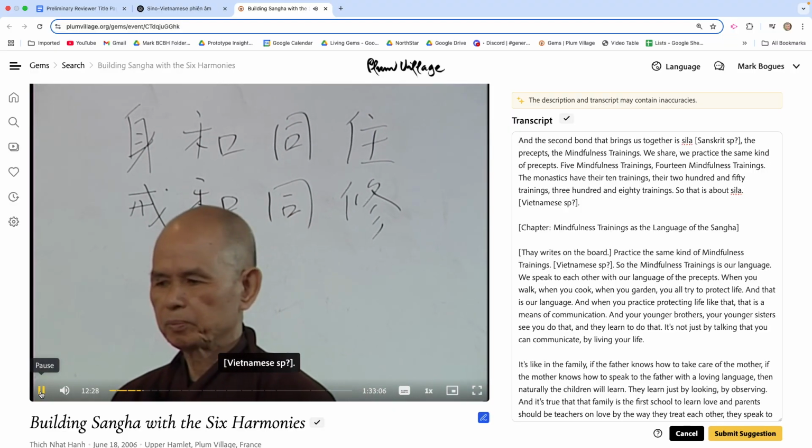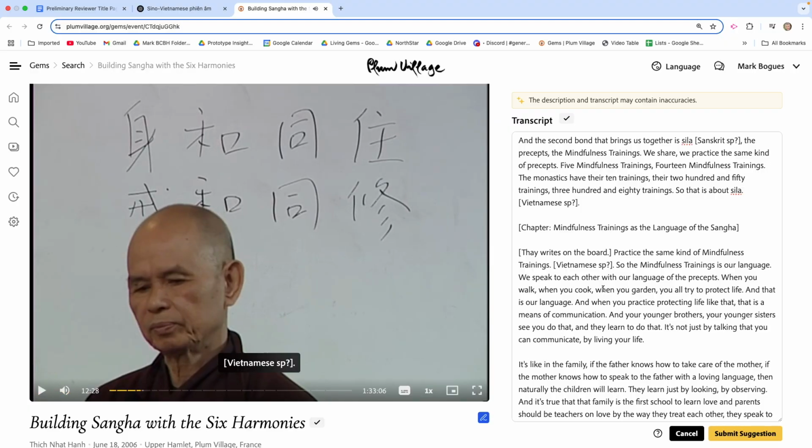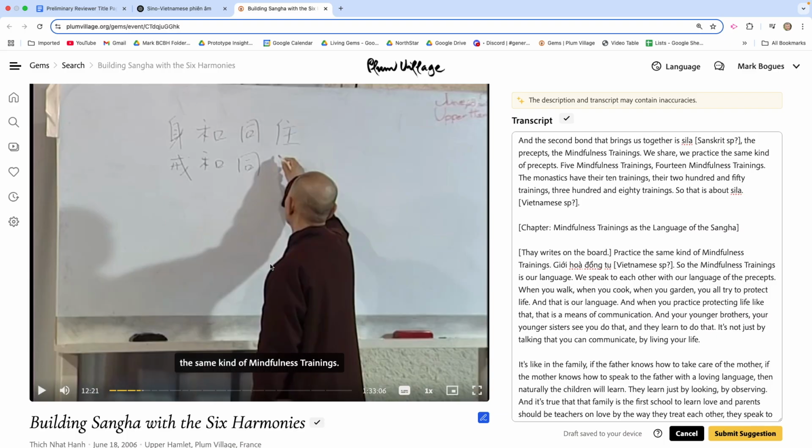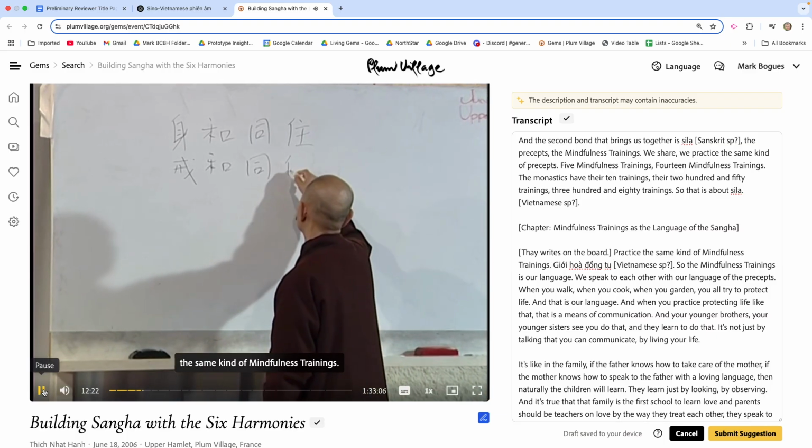Giới hòa đồng tu. Okay, so in this, we've just used the Vietnamese flag to cover the entire phrase. So we can paste that in. And we can keep the capital because it's at the start of a sentence. And we can listen to see if it's a reasonable approximation.